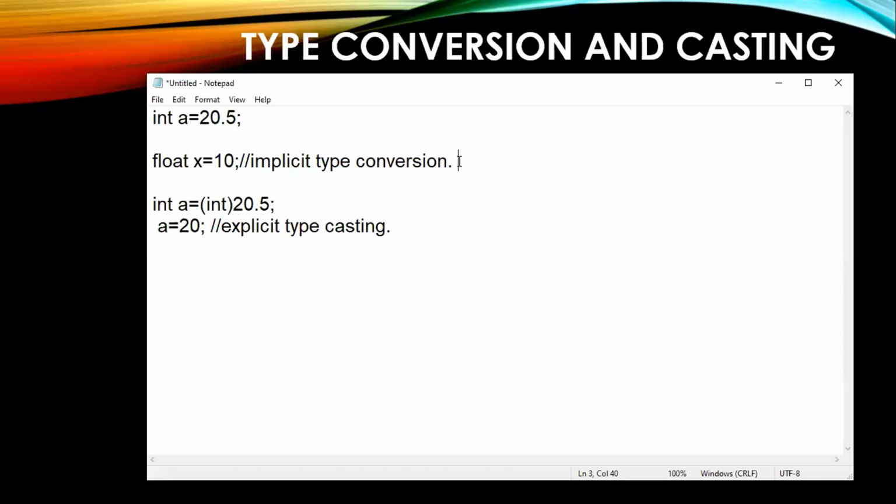Yes, we are doing the same thing. So it is called widening conversion, because you are putting a content into a bigger space. It is called widening conversion.